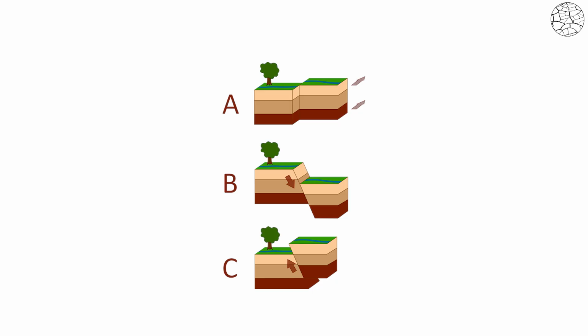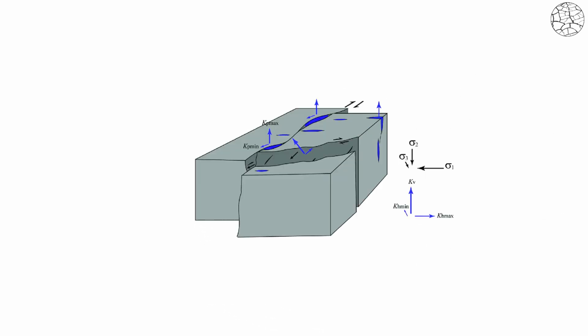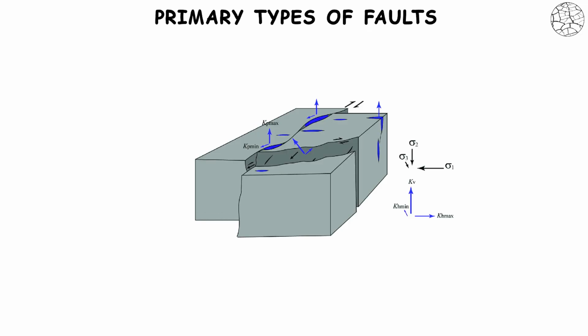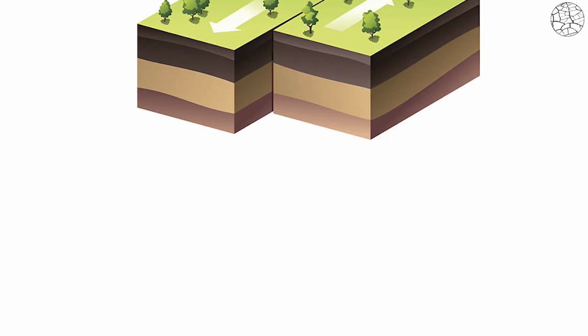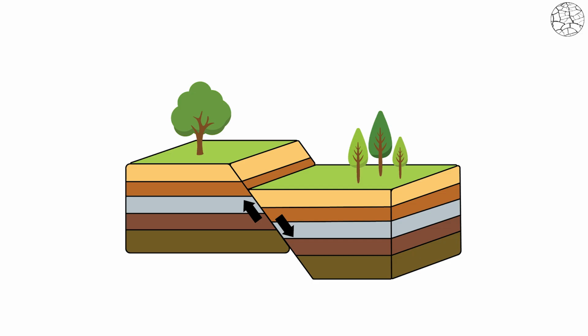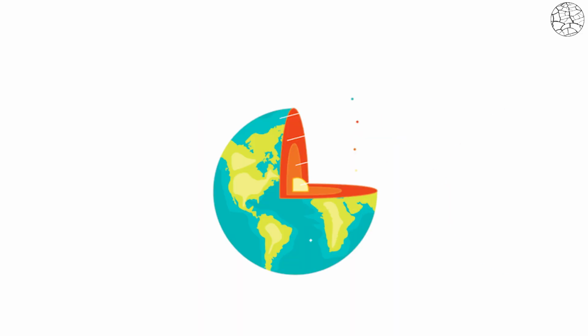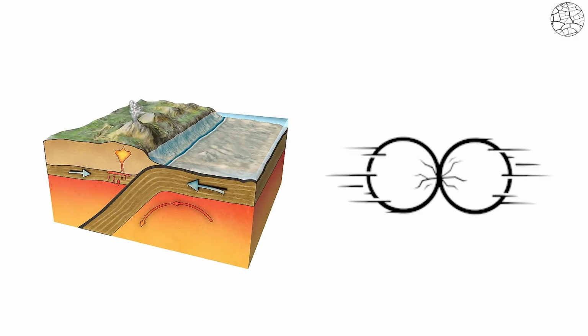Fault lines, the cracks that break. Most earthquakes occur along fault lines, which are fractures in the Earth's crust where movement occurs. Think of them as stress points where the rock has cracked and shifted. There are three primary types of faults. Strike-slip faults, where blocks of crust move horizontally past each other, typical of transform boundaries. Normal faults, where one block drops down relative to another, common in areas where the crust is stretching apart. Reverse or thrust faults, where one block is pushed up over another, usually at convergent boundaries where plates collide.